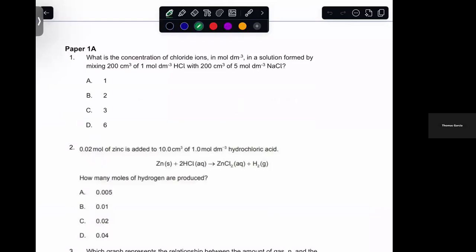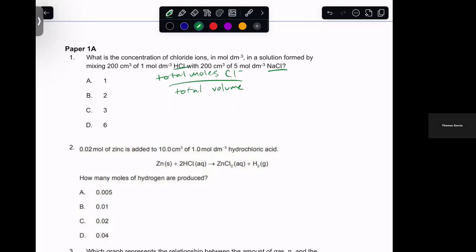What is the concentration of chloride ions in mole per decimeter cubed in a solution formed by mixing 200 centimeters cubed of 1 mole per decimeter cubed hydrochloric acid with 200 centimeters cubed of 5 mole per decimeter cubed of sodium chloride? So to do this, we have to find out first the total moles of chloride ions divided by the total volume. Now, both sodium chloride and hydrochloric acid will provide us with 1 mole of chloride, so we can just